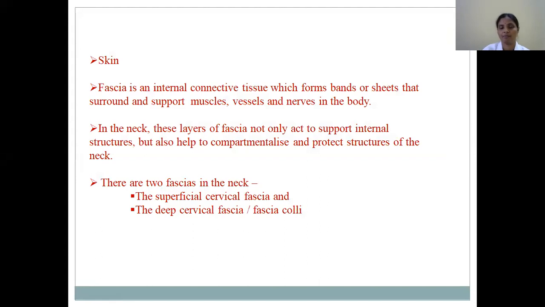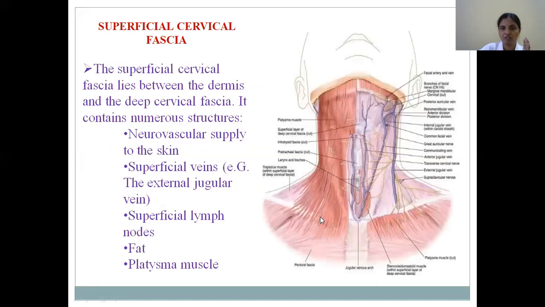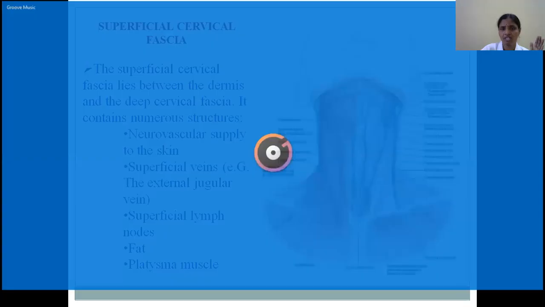Now coming to the skin. As I told, see this picture. For the dissection of the neck, we have to reflect the skin first. Immediately after reflection of the skin, you can appreciate a subcutaneous muscle. This is a subcutaneous muscle, but it is a striated muscle. In the parotid gland, as I explained, the facial nerve gives off a cervical branch which extends down to the neck. Here it is supplying this platysma muscle. So this platysma muscle is present immediately once you remove the skin, and we can appreciate it.